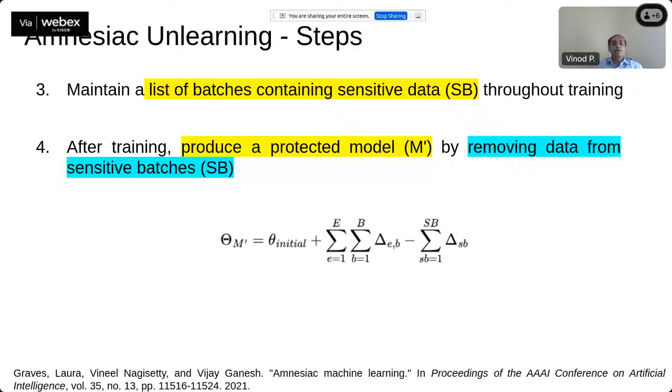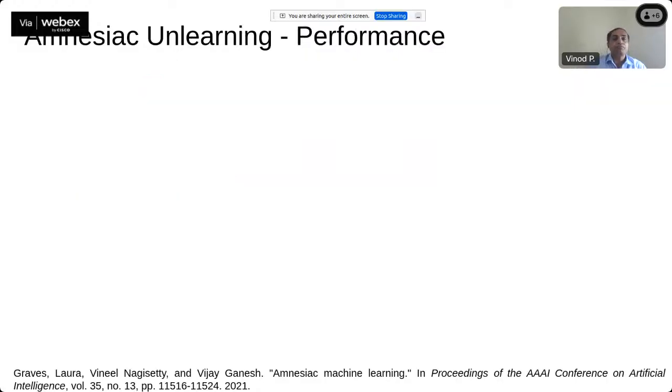So this is what I would like to conclude at this point of time, that MBSIC unlearning will be effective if and only if we would like to remove a smaller number of data points, or if we would like to perform instance-based unlearning. But this approach would miserably fail if we would like to perform class-wise unlearning, and this class is spread across different batches. Then in that case, we will be having many sensitive batches.